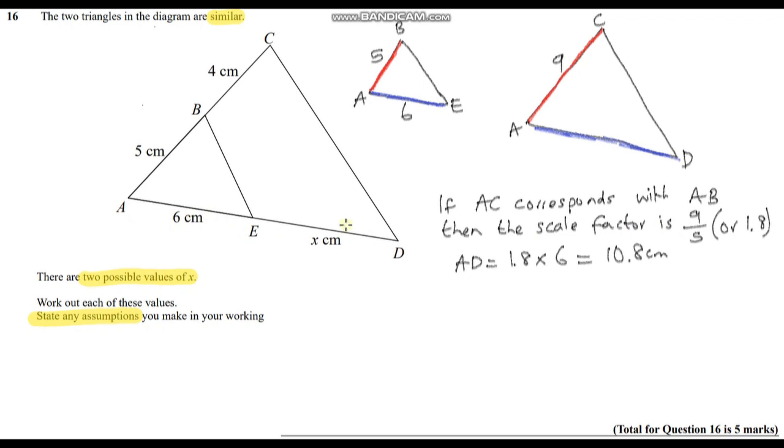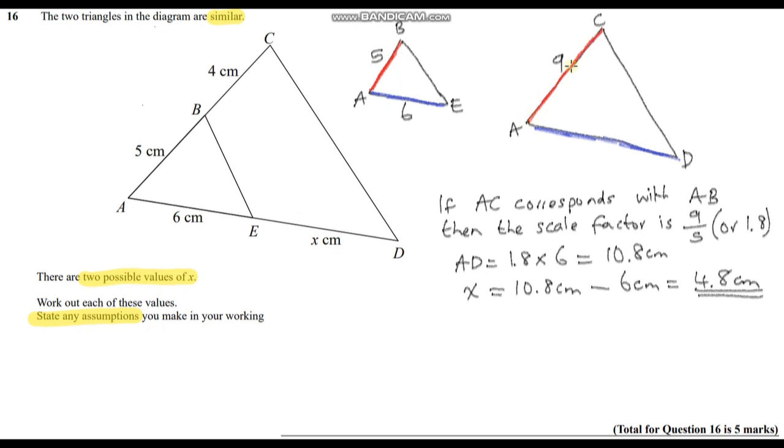So ED, or X, is just going to be 10.8 centimeters minus 6 centimeters, which gives us 4.8 centimeters. So this is one possible value for X, but we need to be really careful because we just assumed that